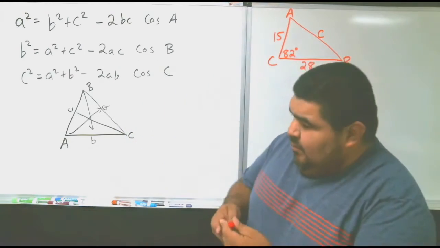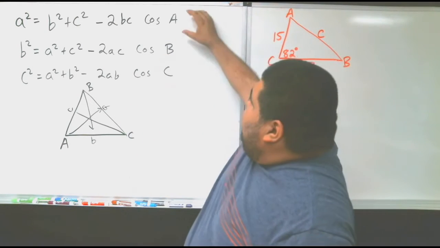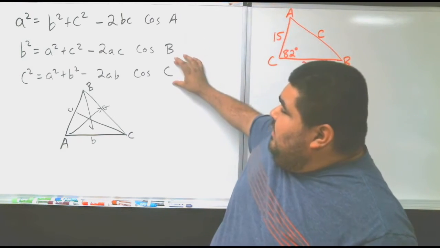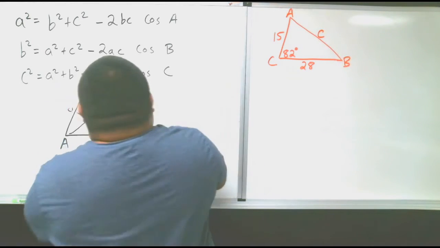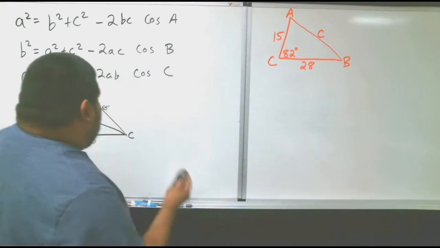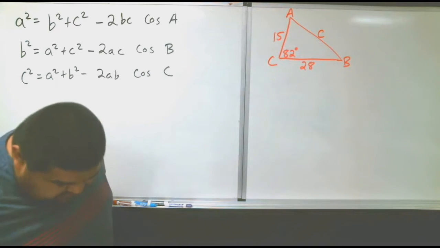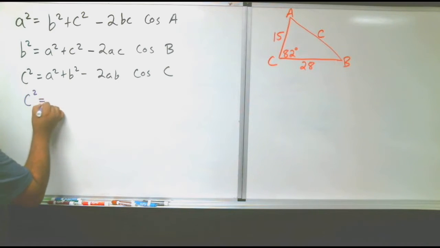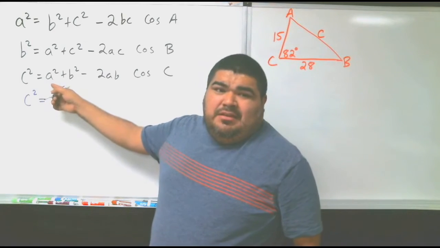So which one of these three equations are we going to use, you might ask. Keep in mind, obviously if it gives you angle A, then you're going to use this one. If it gives you angle B, and if it gives you angle C. By looking at our triangle, it gives us angle C. So that means we're going to use this bottom one, which is c squared equals,